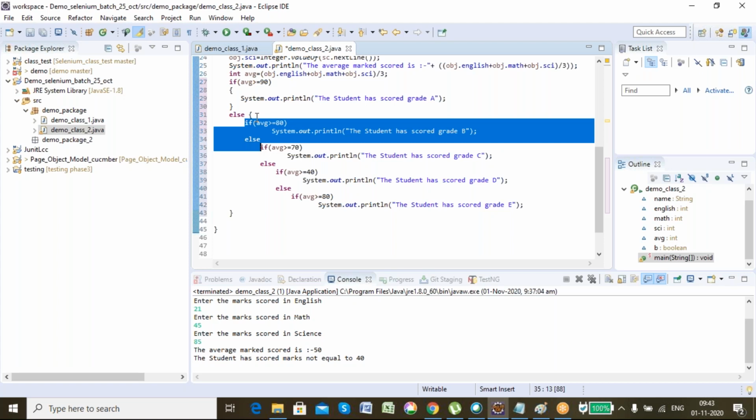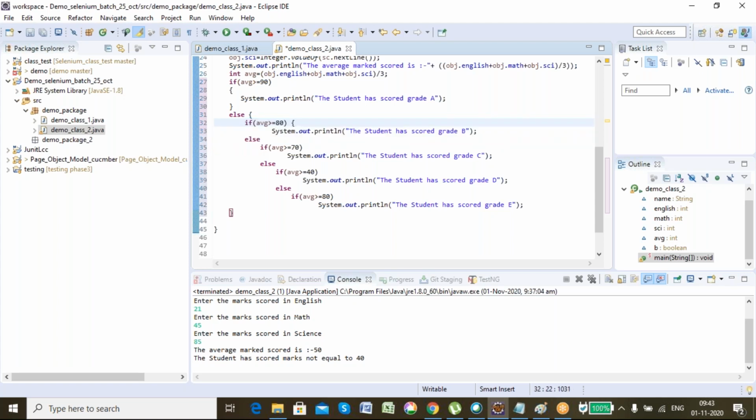But yes, see, it is optional. You can use curly braces even though it's a single line of code. If you have any confusion, just use the curly braces as per the code. No issues. That is optional. If you are having any confusion, then normally use curly braces. Okay.